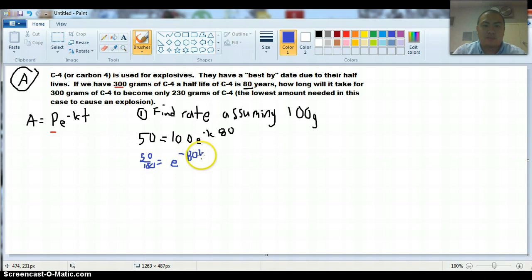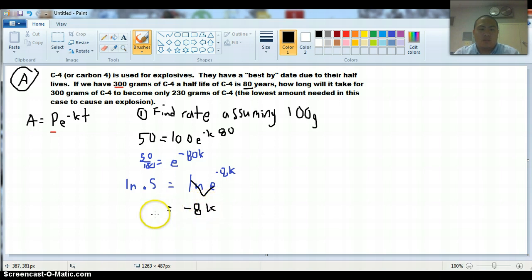k. Alright, so from here, all I need to do is just take logs. This I'm just going to write as 0.5. And I'm going to take the ln of both sides. So I have ln of e to the negative 80k. I forgot to switch back to black, so let's switch back to black. I'm going to go ahead and solve for this. Well, ln of e is really just log base e of e, so I have the inverse here, check mark, it's gone. I have negative 80k,